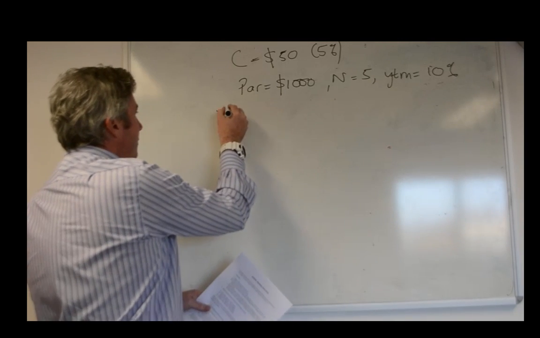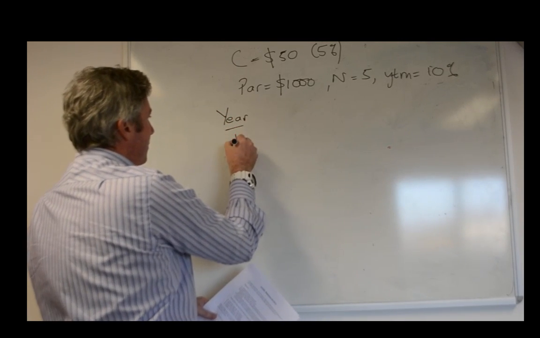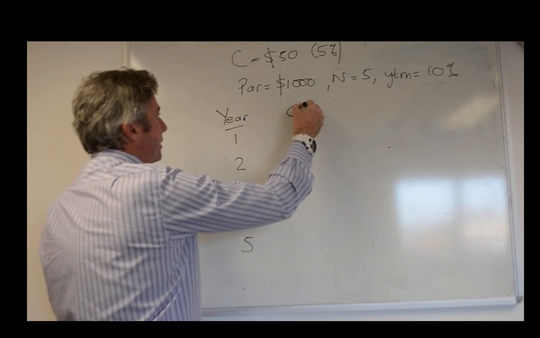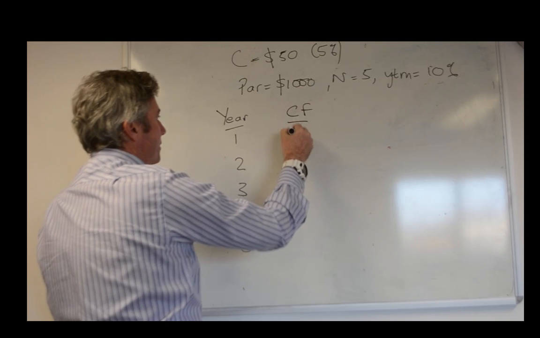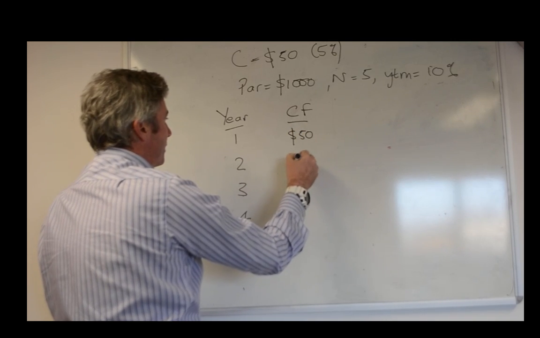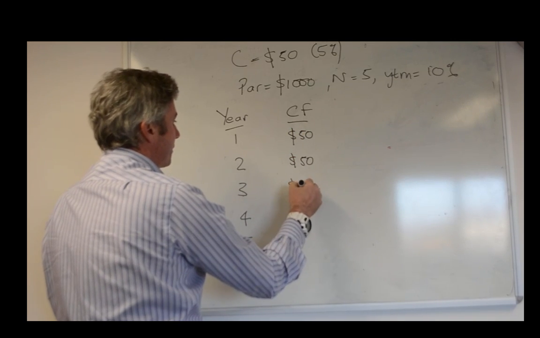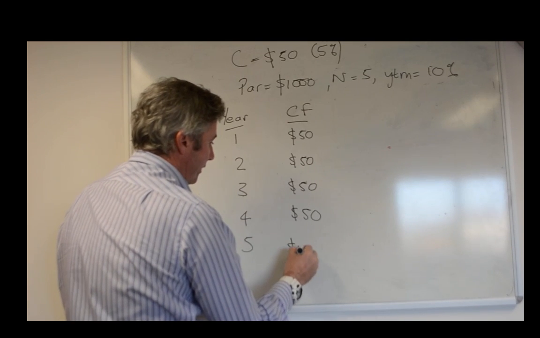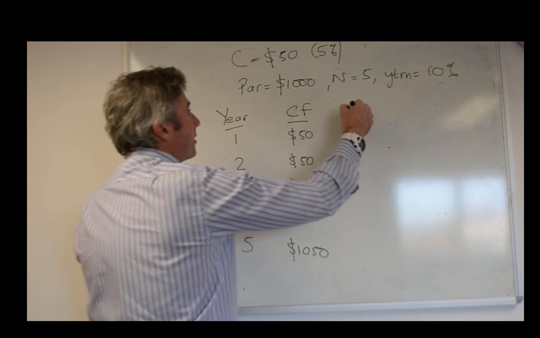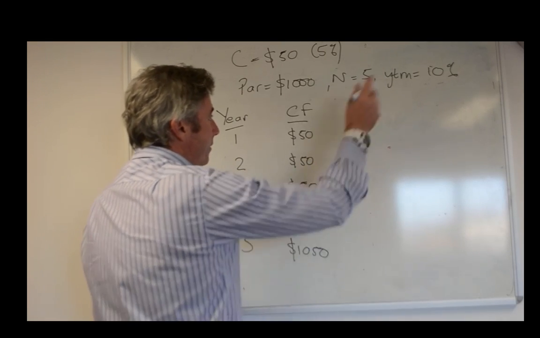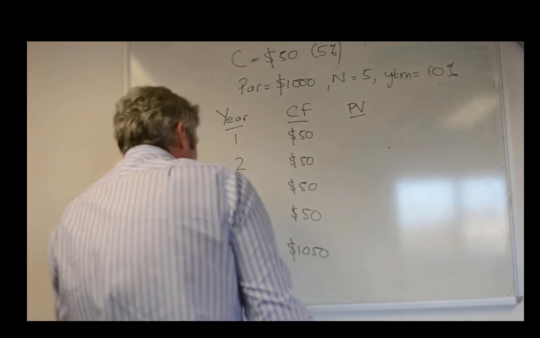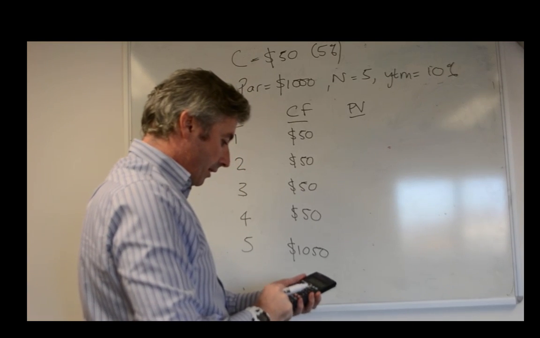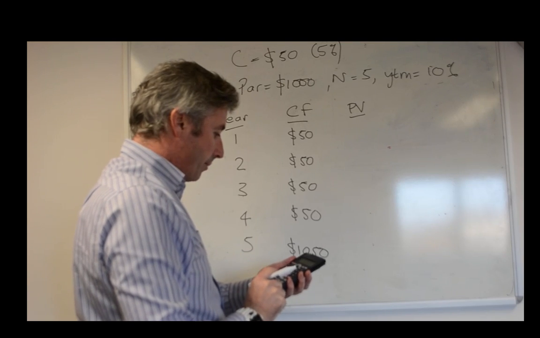So we're just going to set it out as usual. 1, 2, 3, 4, 5. Now we want the cash flows. So the cash flows are, of course, $50, $50, $50, $50, and of course 1,050. And then we want to find the present values of those cash flows. The present value at 10%. So I just grab my calculator. It's going to be 50 divided by 1.1. So 50 divided by 1.1,